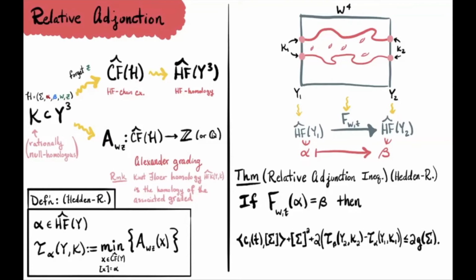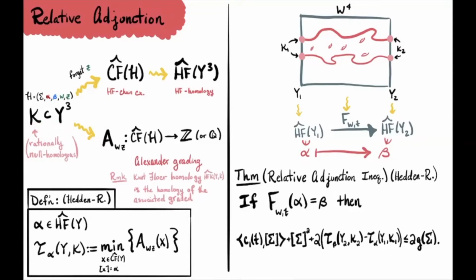And then if we go ahead and take homology of that chain complex, we get an invariant of the 3-manifold, the Heegaard Floer homology of this 3-manifold, or HF hat of Y. So this is just an invariant of the 3-manifold. On the other hand, if we remember that Z base point, we remember the knot's embedding in this 3-manifold, and